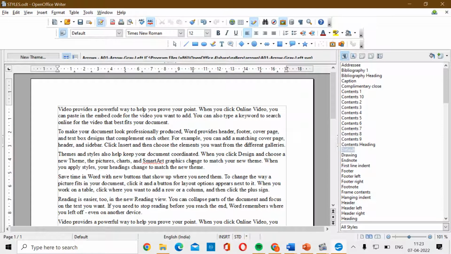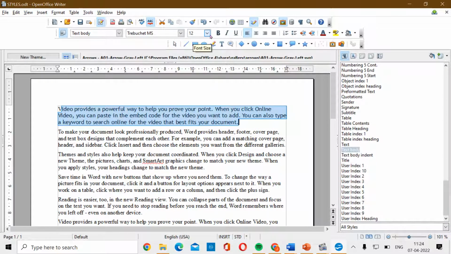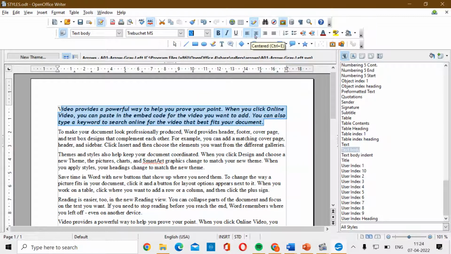Now let us understand how we can change the look of this document. Now one method is you select the paragraph and then you keep on changing the font from here, then font style, right, font size, make them bold, make them italic, change the alignment, change the font color, then change the highlighting, and you need to do this task each time you want to change the look of your text. In order to avoid it, what we can do is directly apply the styles. So let us see how.